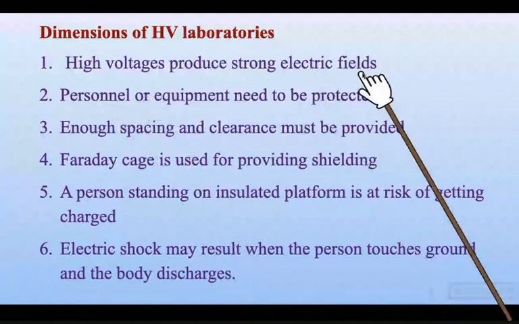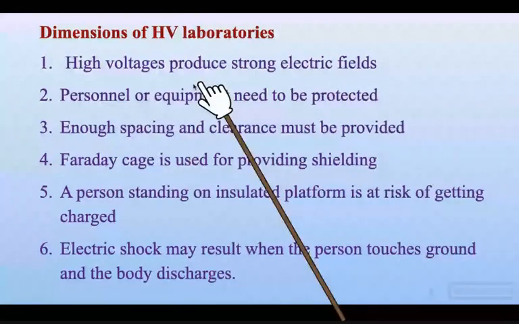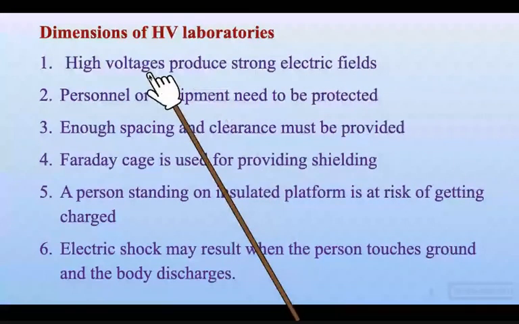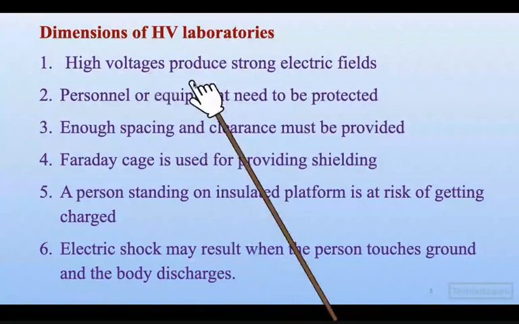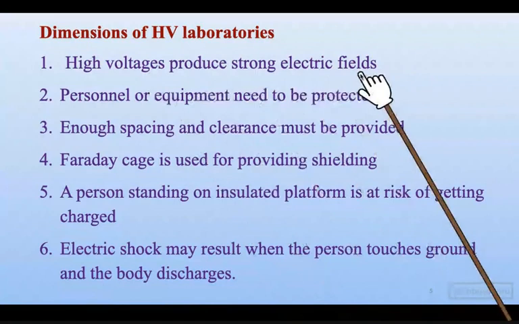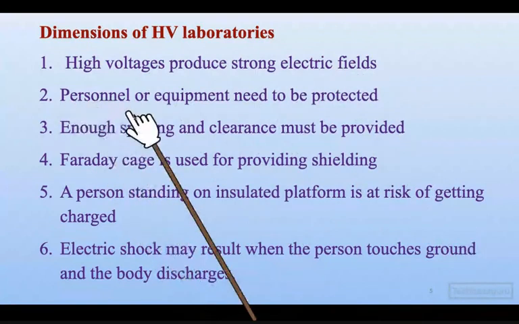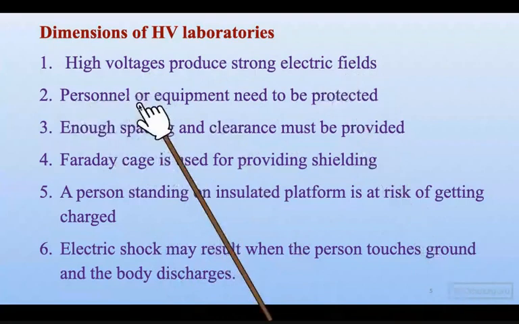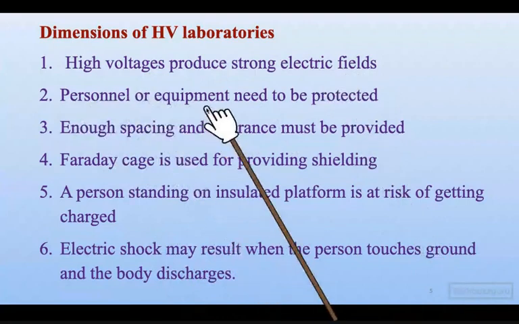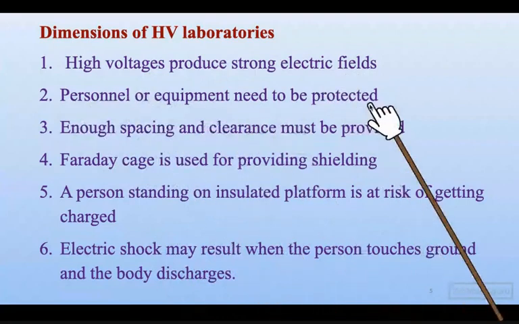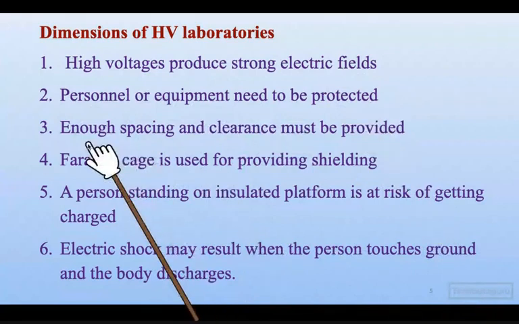The field is not visible. We will apply high voltage, so our meters will show that voltage is being applied. But something invisible may be affecting us, maybe charging us indirectly, in the form of electric field. So how do we get protected? We need some level of protection, right? Primarily the protection is provided in the form of spacing.